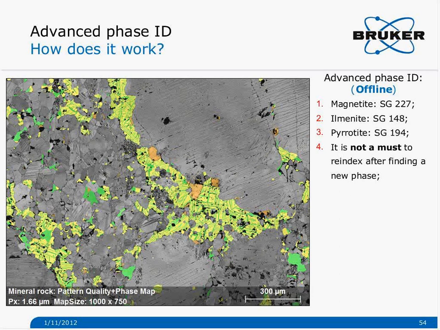What I have to specify is that it is not a must to index after finding every new phase. Of course, you can apply phase ID, find a new phase, and then go and select another point in the map, and then actually, if you see that it had a different grey level in the BSE image as compared to the one you identified before. And before continuing with this,